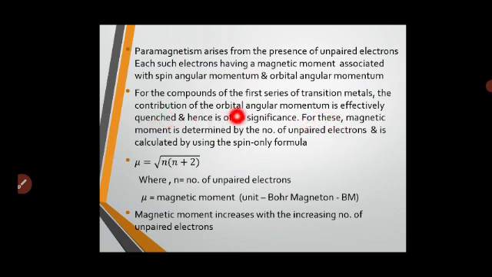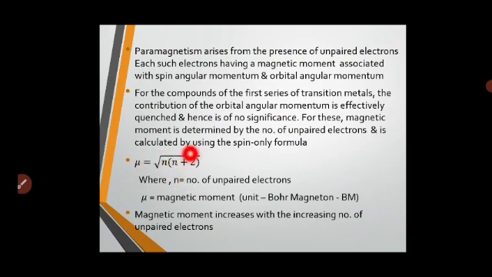Now if we study the first transition elements, that is the 3d series, the contribution of orbital angular momentum is effectively quenched. It is suppressed, and hence it has no significance. So which are we considering? Only spin angular momentum, that is rotation about its own axis. Therefore, the magnetic moment can be determined by the formula mu is equal to